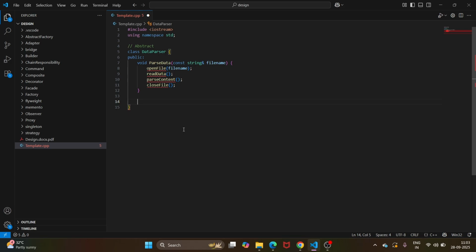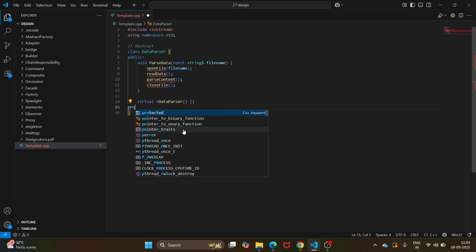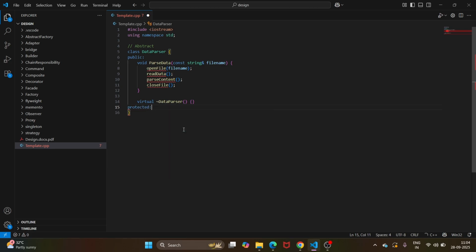So now we'll be having, say, a virtual destructor as well, ~DataParser. This was in the public section. After this, I can say in the protected section, I can define this method because I just need the derived class to override this. Void openFile